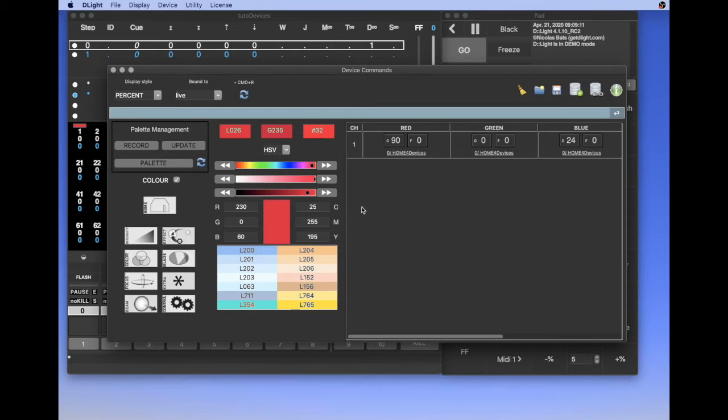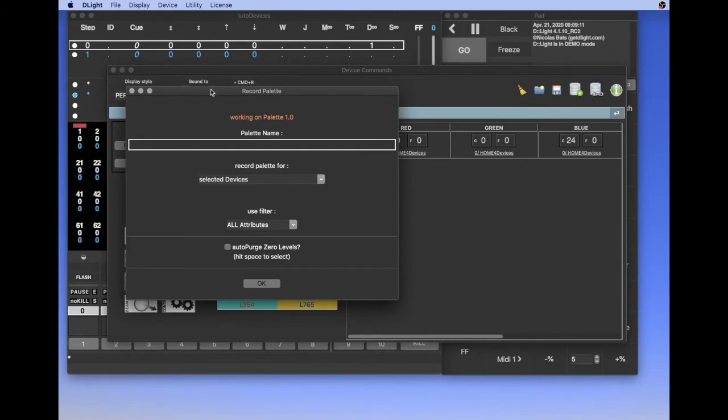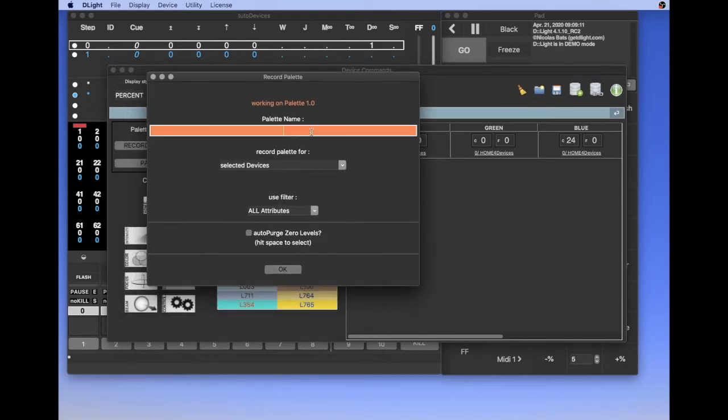So this is the palette that I want. Now I will record it. Record. I give a name, L026, which is a red. Don't make it too long, because the name of the palette will be written here, and if it's too long, it will be a very big zone, which is not necessary.